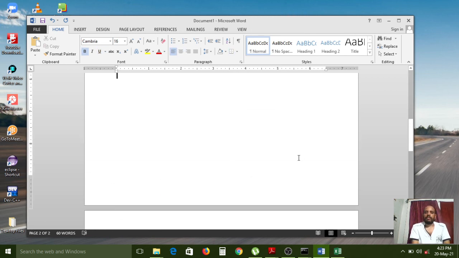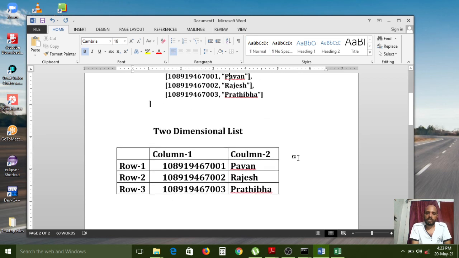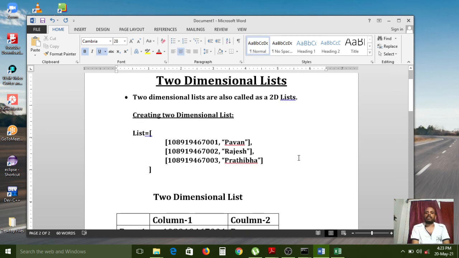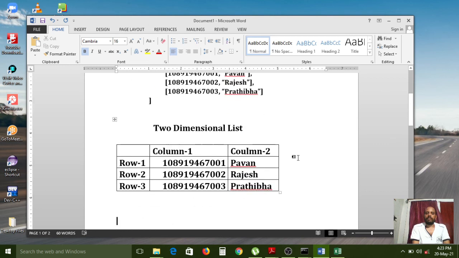So first understand the concept. After that you can simply read the questions and answers, then you can understand. Without practicing you cannot understand each and everything. You cannot understand even one word, because this is a programming language.